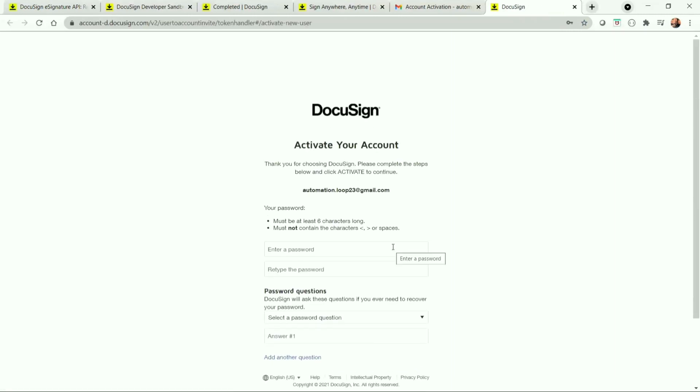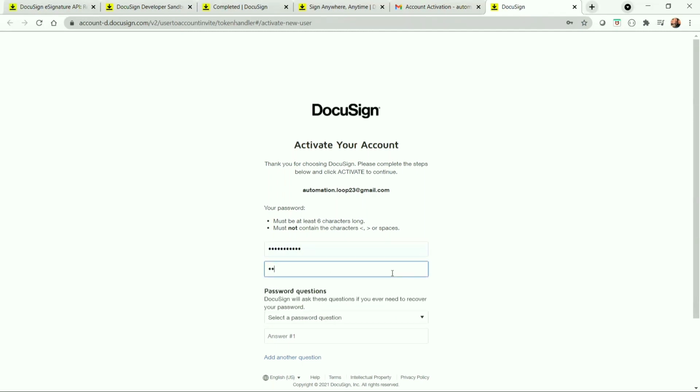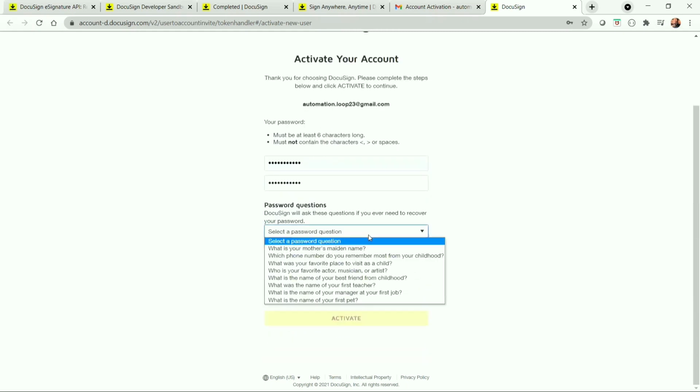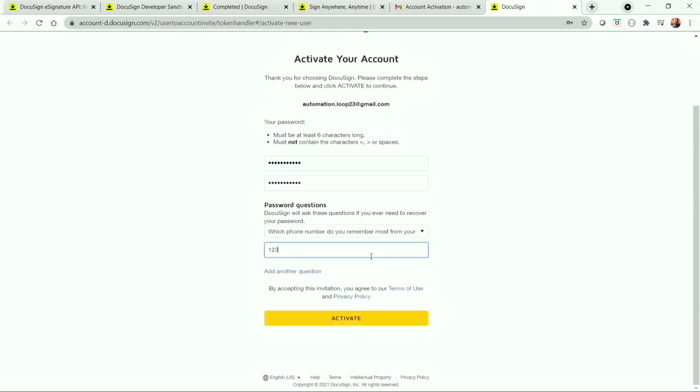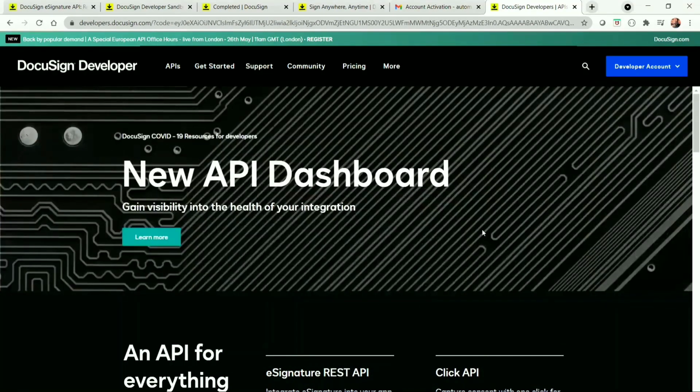Then it will allow you to set the password for the developer account. And click on activate account. It will activate your developer account. Now we have set up the developer account for DocuSign.